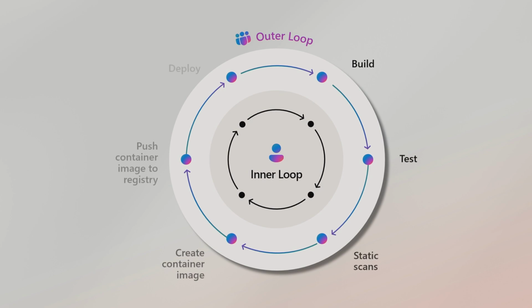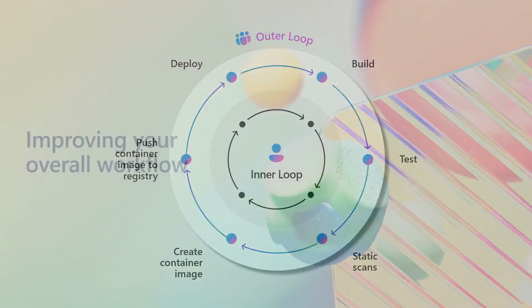So lastly, we want to talk about improvements to the outer loop and how to just make everything easier when it comes to things in your job that aren't coding and everything else around it. So on the slide, we've got building, deploying, testing, but then it's also just using Windows and getting apps and using the clipboard and anything else that's part of your job. So I think with that, we can jump back into a demo.